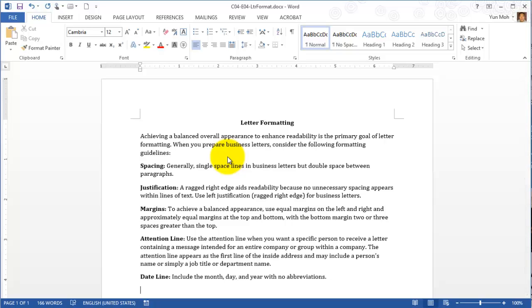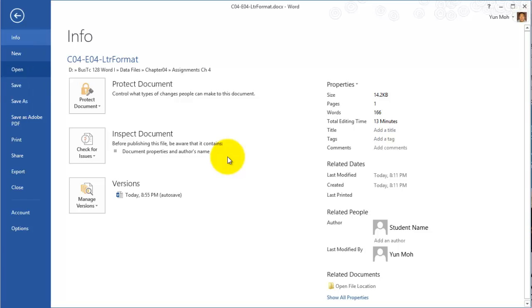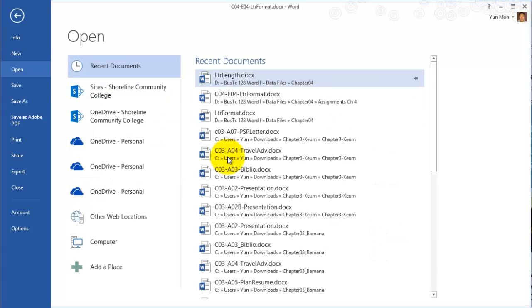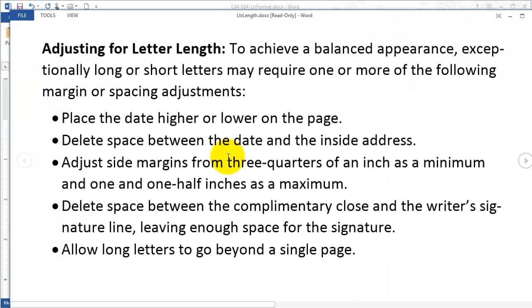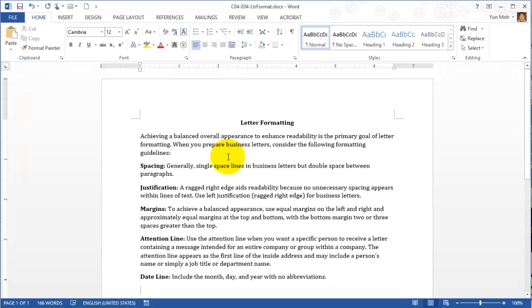Let me go ahead and open it again. Go to File, Open. That's LTR length. Go ahead and open it. See, it's still there. It's because we didn't save it. So let me go ahead and close it. All right, so back to